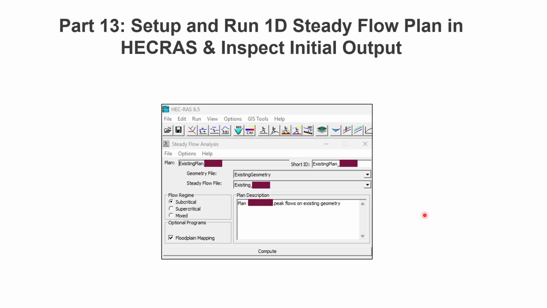In the previous video, we were able to set up the 1D steady flow data, and we were able to impute the peak flows. We are also able to define the boundary conditions and do some changes. In the current video tutorial, we need to set up the plan and run it and make sure we can